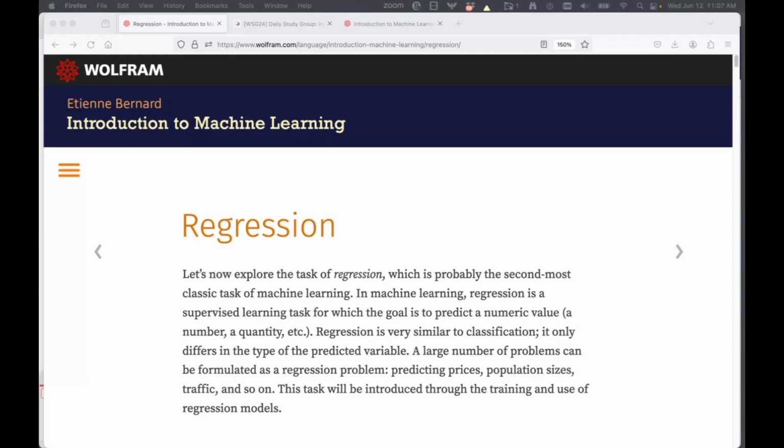While you're reviewing some of the content that you read in this chapter on regression, let's ask a quick question about classification. Here, appearing on your screen, I have a couple of problems that you might want to solve using machine learning, specifically the supervised machine learning task of classification.